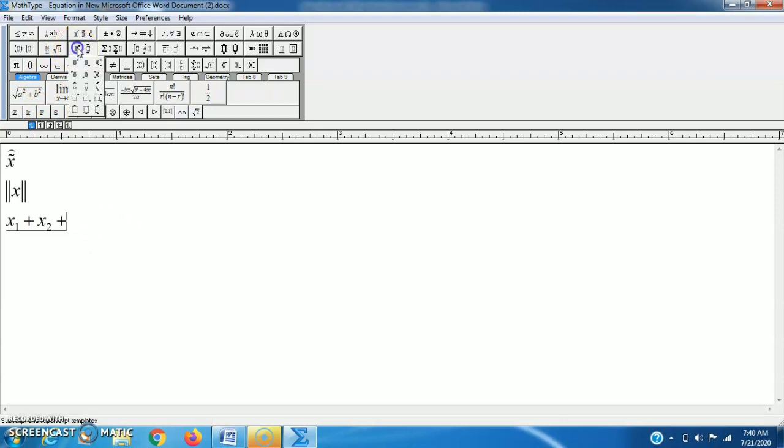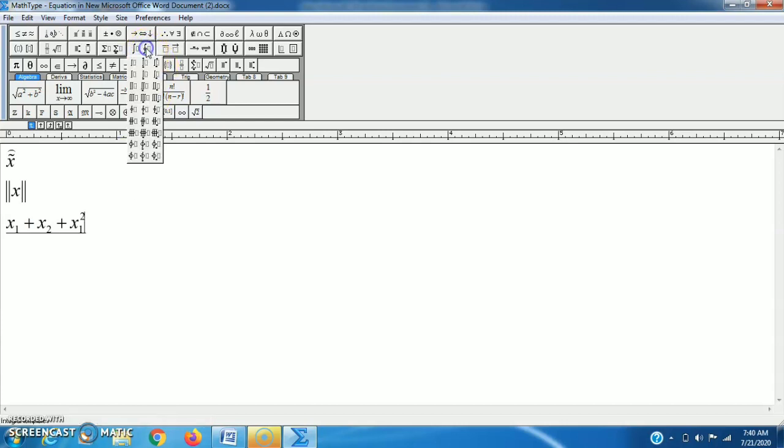So we can use any function of our type. If I choose this, x1 square, in this way we can write this. So we can choose any type of function.